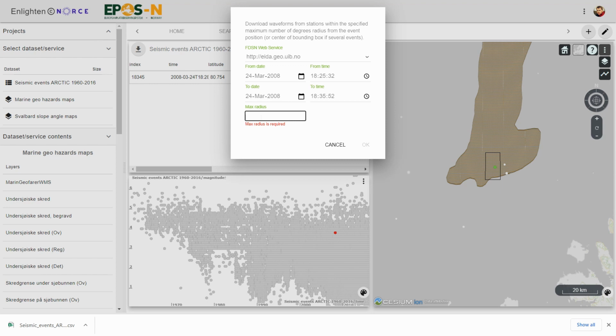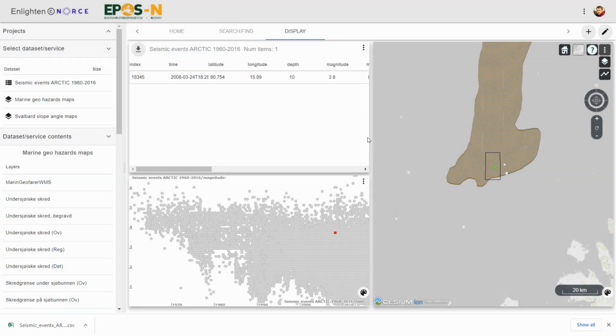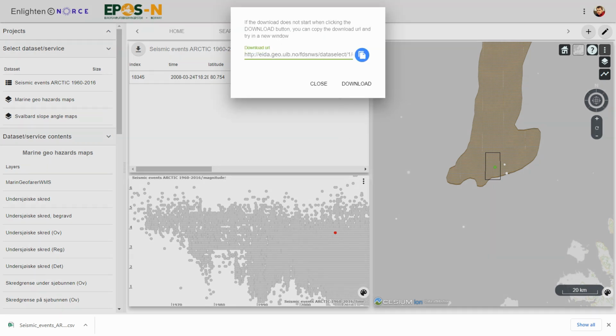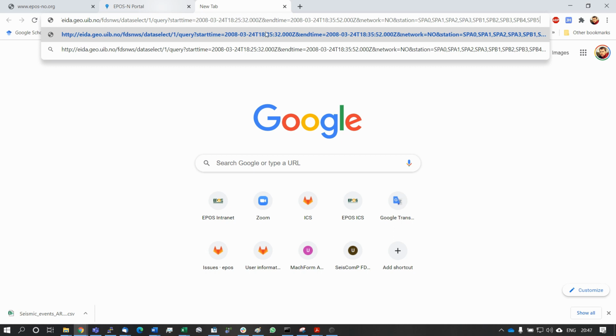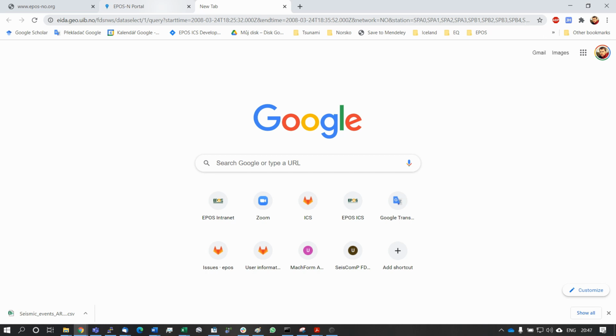And here, because we don't have any stations really close by, I would use the distance of 3 degrees and click OK. And here I'm getting the download URL. If I click this button and copy the content, I can switch to another window and paste the URL here and pre-generate the parameters for the query to download the waveform. If I hit enter,